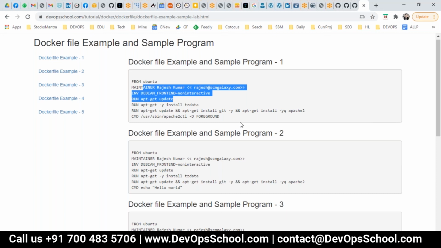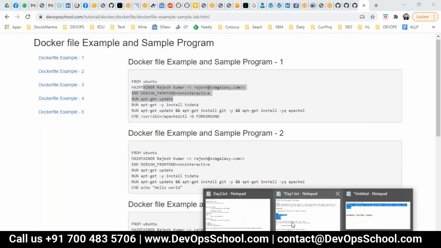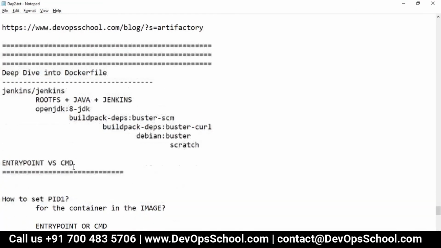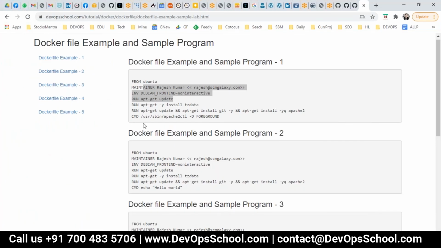Any more questions, guys? Hey, Rajesh, one dumb question. What is the scope of a variable when you set it in the Dockerfile? There's no scope for it. Whatever you set with ARG is activated for the entire Dockerfile. This is not a programming language where we have scope and all, but it's activated for the entire Dockerfile.